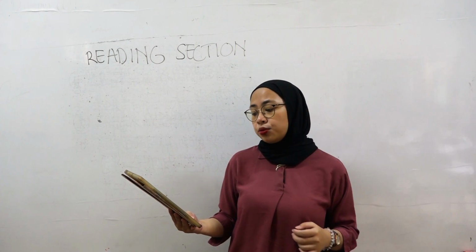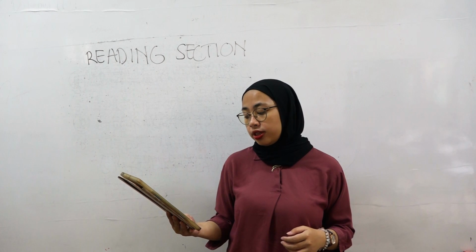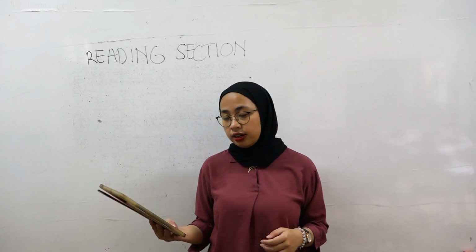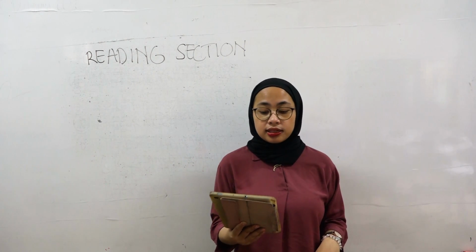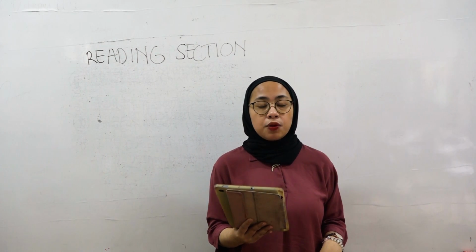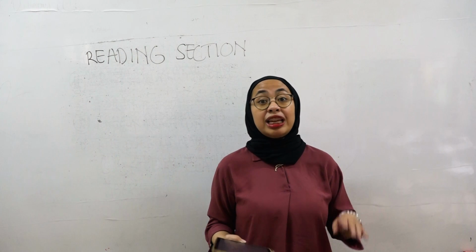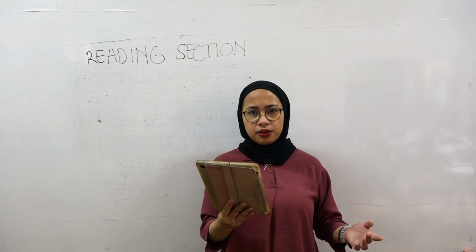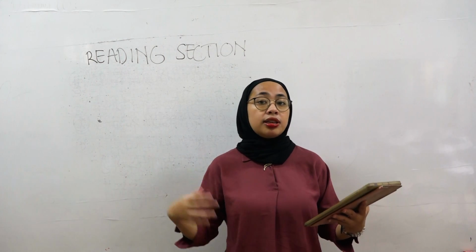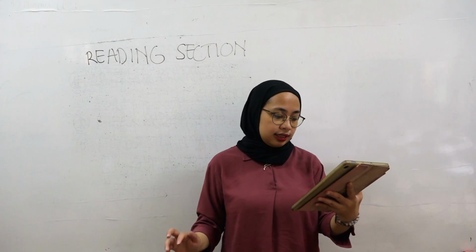And number two, how many books were published in the United States last year? Okay, so for question number one, it is included as a skimming. When you find this kind of question, then you need to skim because the question asks about what the passage is about. So after this, you read the first and the last sentence.